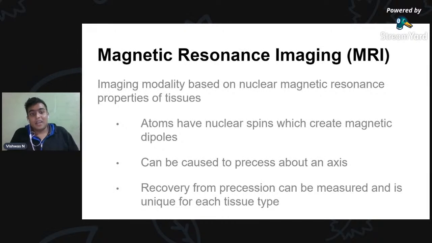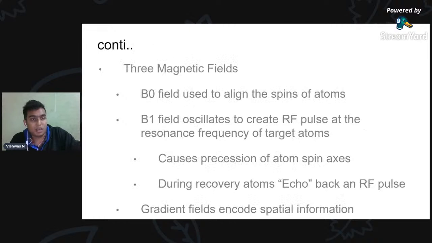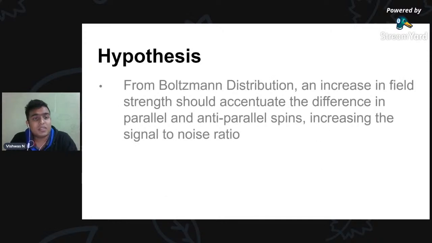So this can be caused by a precise amount of action. There is a process, there is a lot and lot of things. These are precise when it comes to axis. So when it comes to the recovery of the precision, it can be termed in terms of the tissue types. There are B0, B1 magnetic fields which can be used, and there are gradient fields which are enclosed for the spatial information. The hypothesis is there is a Boltzmann distribution, and increasing the field strength should accentuate the difference